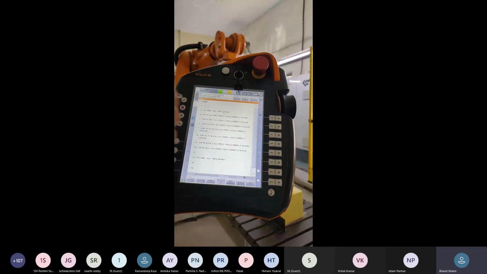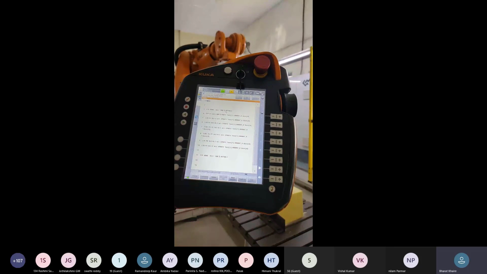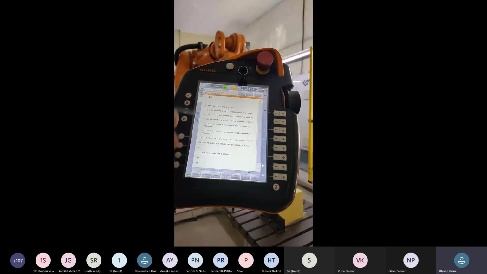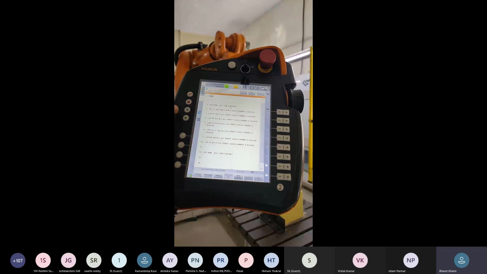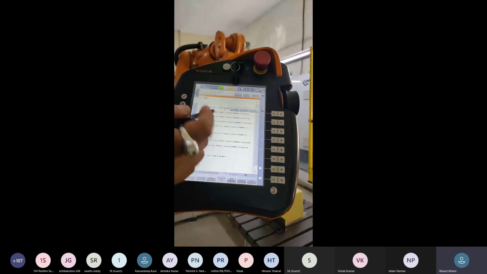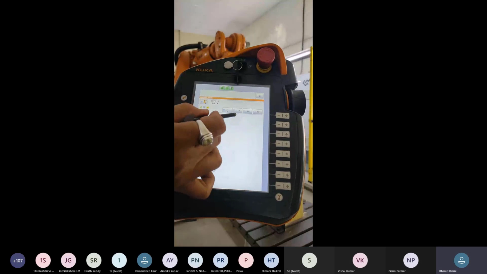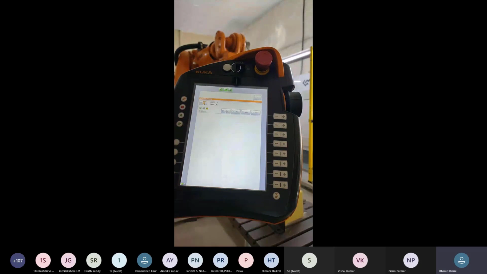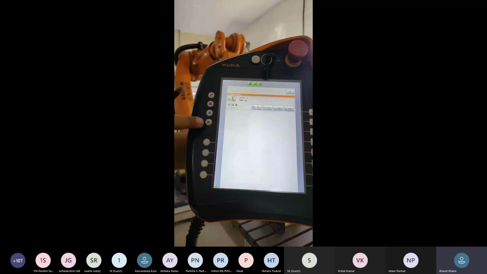This program we can continuously run by the loop and loop end. So in the automatic mode given here, T1 mode is manual, T2 mode is testing, and automatic mode is to run the program automatically by giving one-time play button.